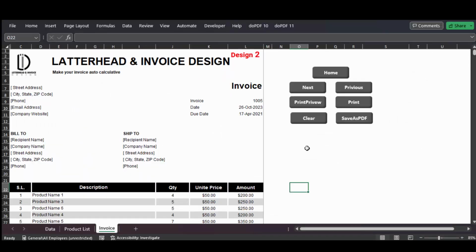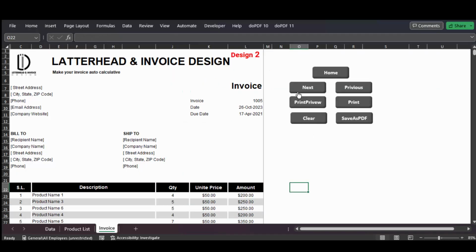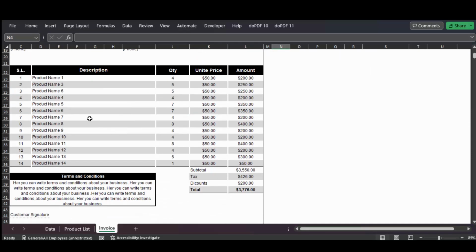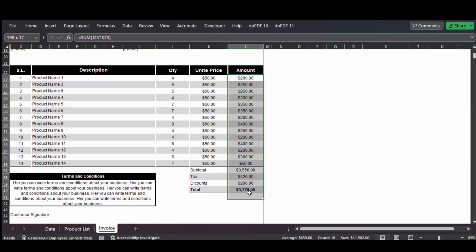In the basic pack, you will get an invoice design like this, and you can choose any of them from the gig video or the gig PDF. You will get this macro button and you have to input this information, and the other information will be automatically